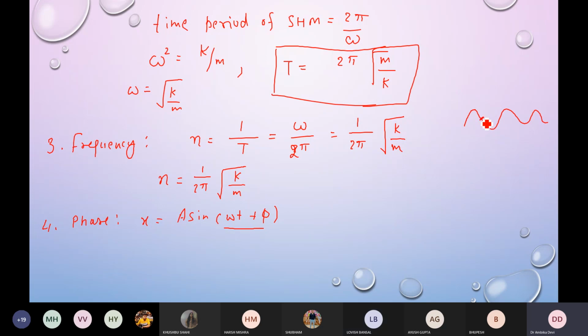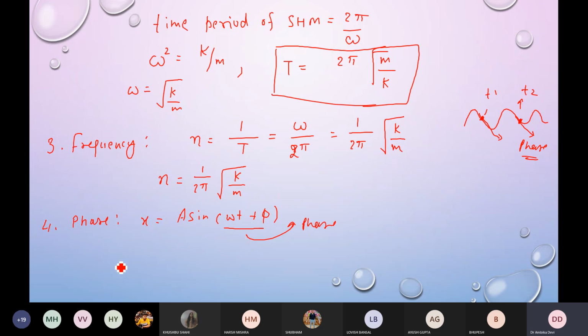Okay. So at this time, let's say t1, what is the direction, what is the value of theta, as well as what is the position of the particle. Similarly, if the particle is present at this point at this particular moment of time t2, then it should be defined at this position also, right? So the quantity phase is used to define the particle at any particular time, at any direction, at any position. Okay, so this quantity is known as phase. Phase is defined by omega t plus phi, right?